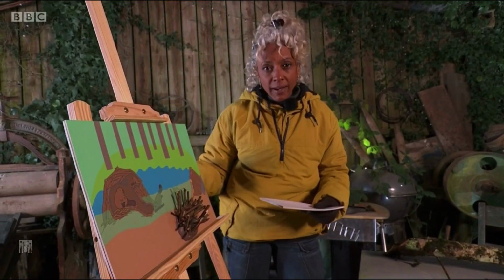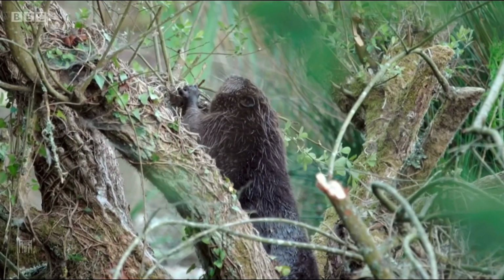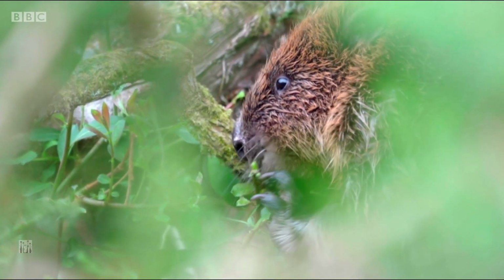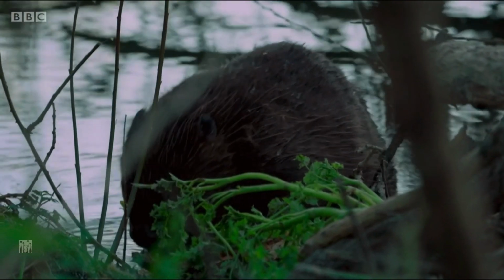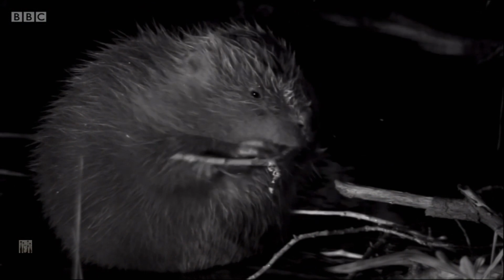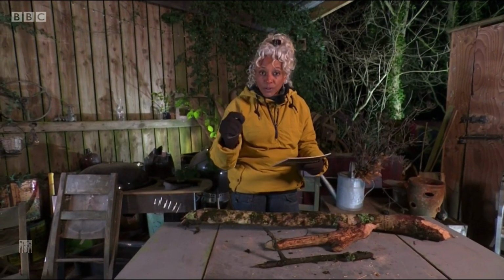So what do they store under there? Well, in the spring, we got to see the beavers out in the daylight, because with the longer days, it meant that it was bright late into the evening. We got to see them foraging and taking all kinds of vegetation. These are herbivores, so they will take water plants, they'll eat the leaves of trees like willows and birch. But, of course, now it's winter. A lot of this is happening under the cover of darkness. There's not many plants out and trees in leaf, so they'll be taking saplings and shrub,